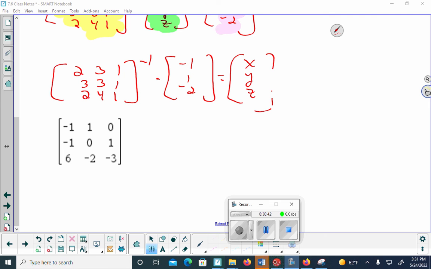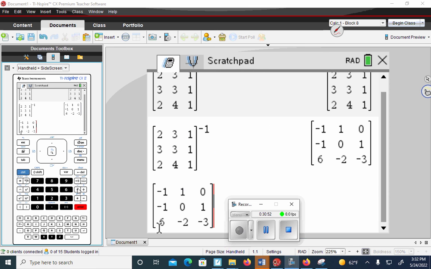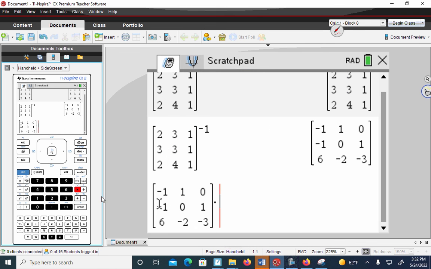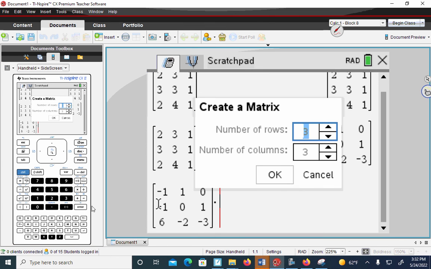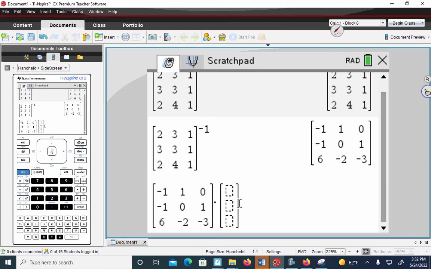So the matrix raised to -1 power, I wrote the inverse down, which is here, and multiplied by 1, -2, and that's going to give me my answer. So when I hit times, I'm going to create a matrix. I'm going to go for that 3 by 3, hit enter, because that's the only one I can change the size. Remember, my answers have 3 rows, but only 1 column, so I'm going to knock this down to a 3 by 1, hit OK, and now I'm going to type in my answers, which are -1,